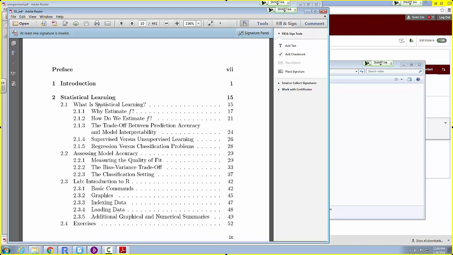But the common denominator is that we are taking data, and we are doing predictive modeling, like I want to take omics data, thousands of variables, and use those to predict whether somebody has cancer or not, for example. That's predictive modeling. That's supervised learning,